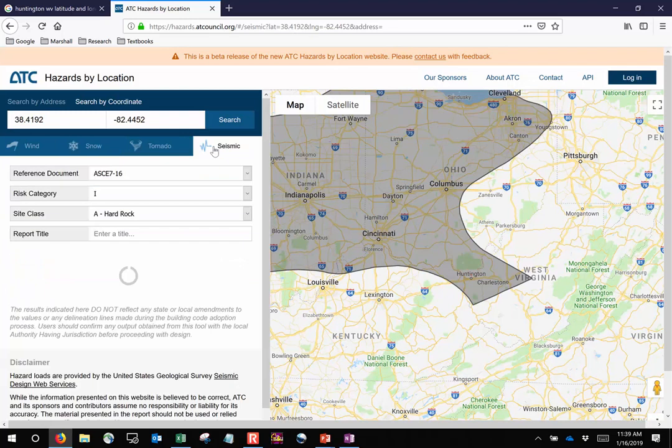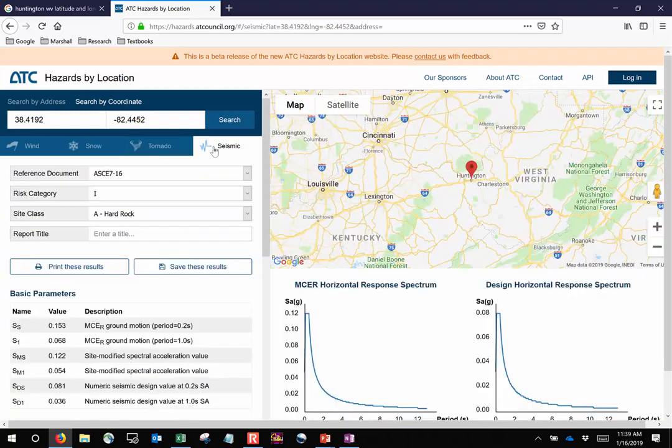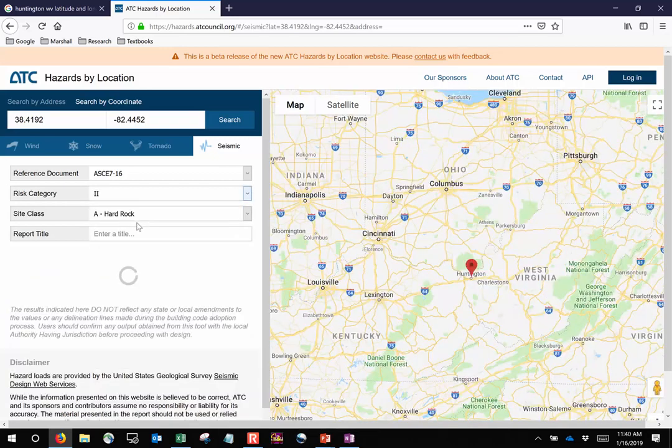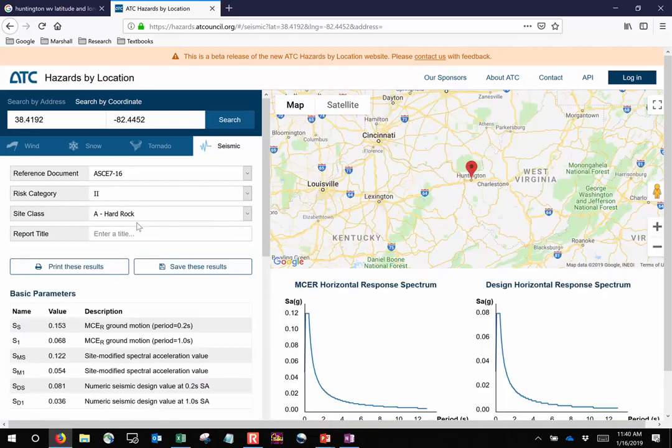If we go to seismic, we get a report that's a little bit more detailed. Okay? Now, remind me for this example, what was the risk category? 2. Okay, so we're in risk category 2. And the site class, what was the site class? What did I say for the soil? Stiff soil. Okay, so I think it makes sense that the amount of acceleration that gets transmitted from the earth